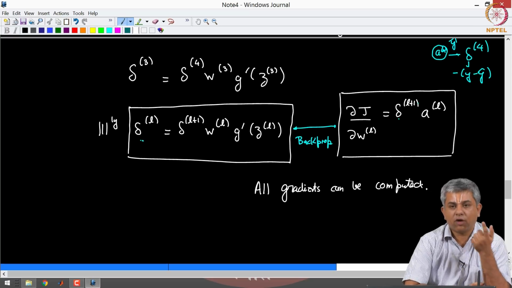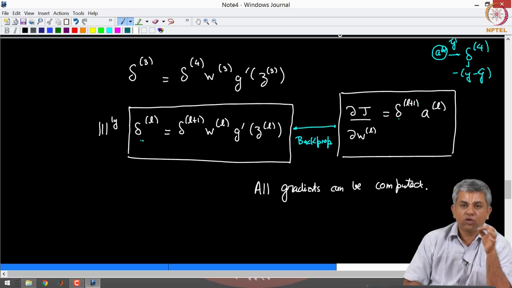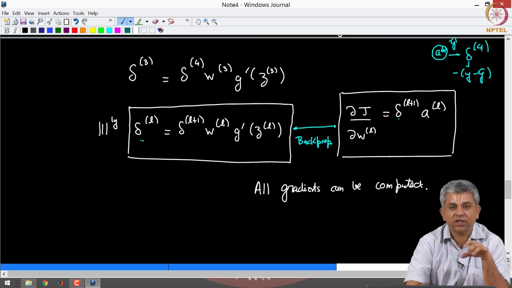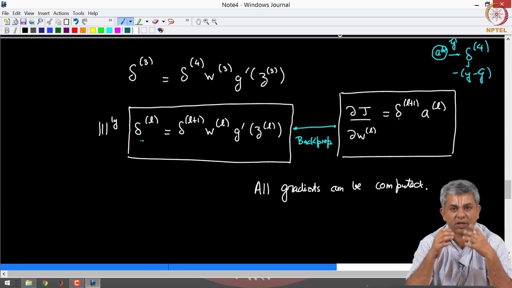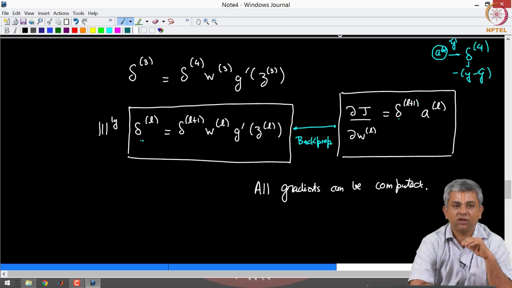Notice that for one particular gradient computation, unlike finite difference, you do not have to go to each j or each w and calculate a different perturbation and calculate a different weight. That is much too expensive. In fact, we do it only in order to cross check whether we have written the back propagation routine correctly or not.